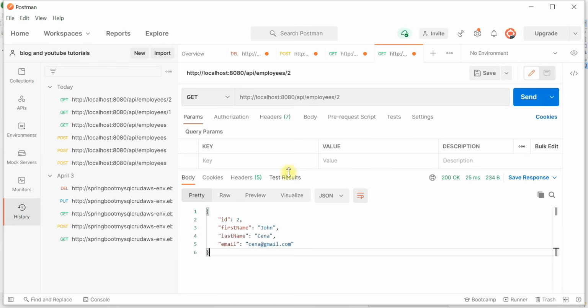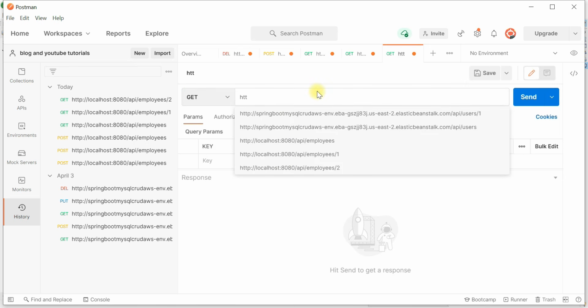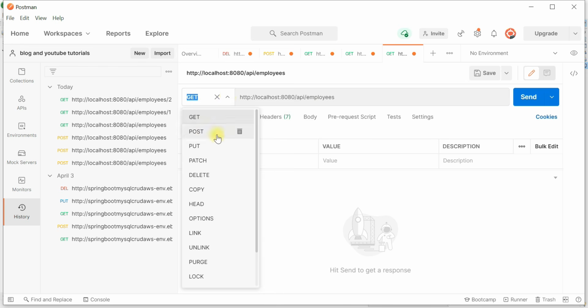Let's head over to the Postman client, and in order to test update employee, let's create a new request. Click on the plus icon here and type the URL http://localhost:8080/api/employees, and make sure that you choose